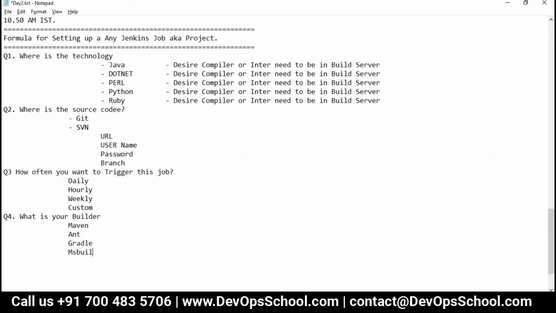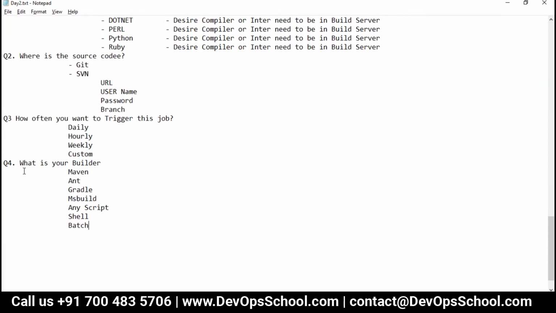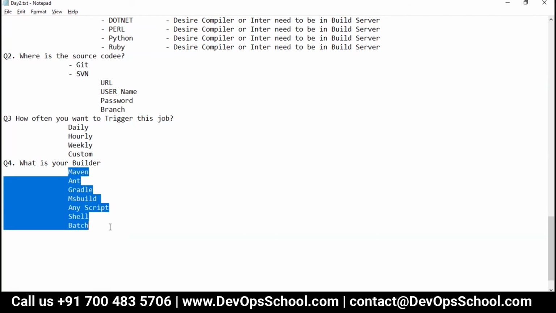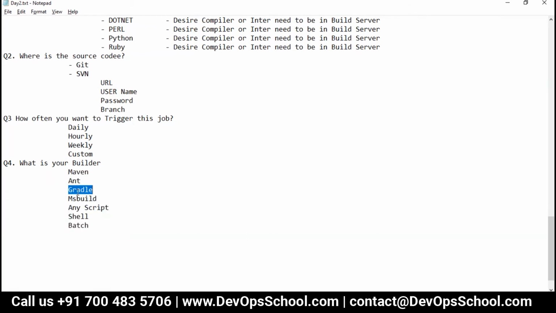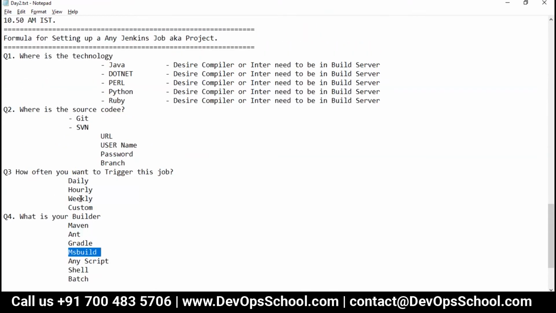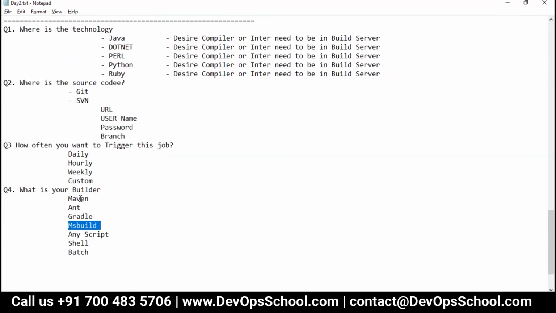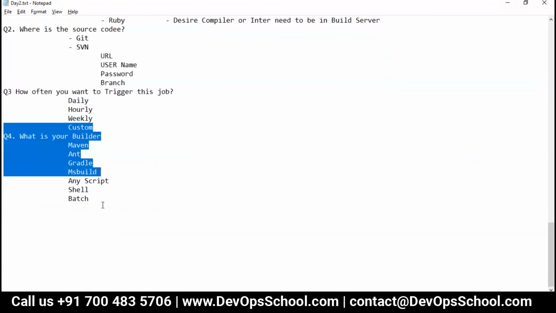Any script can become a builder, by the way, a batch script or a shell script. Why are you asking this? Because if you execute this Maven, Gradle or MS Build script, then the rest can happen automatically, like build, testing, packaging or whatever it is.